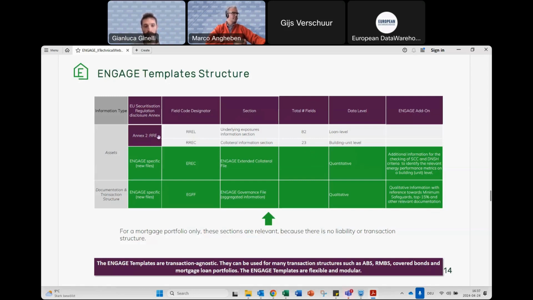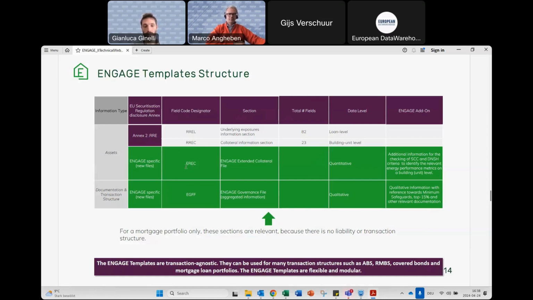You might know that residential mortgages have the Annex 2 as a loan-by-loan tape that everyone that wants to do a securitization needs to provide. But at the same time, we know that with Engage templates, we are trying to include more data points regarding the building and its energy performance. That's why we have